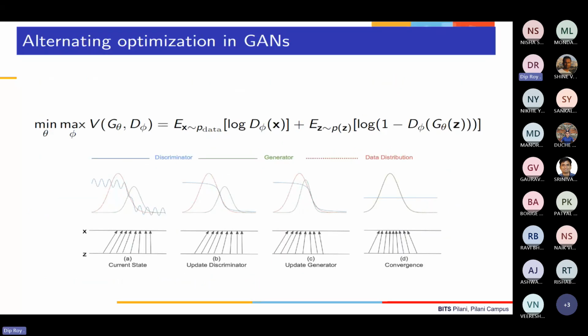Now, let's try to visualize this a little bit better. So this is your objective function where you are trying to do a min max. All right. And in the bottom, what you are going to see is your generator. The generator takes Z and spits out basically fake samples. All right. Now, here the blue line that you are seeing, the wiggly line, is the discriminator.